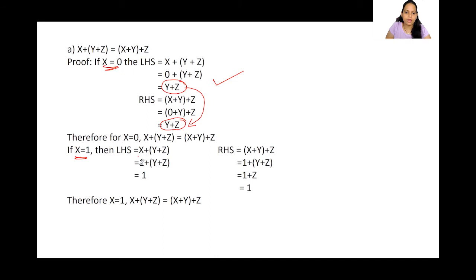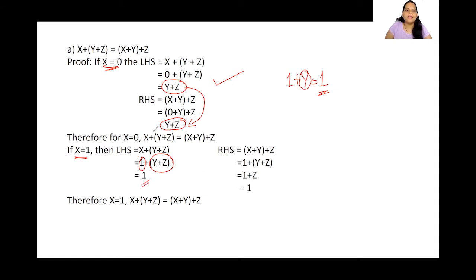X becomes 1. Now here we know that whenever we do OR operation with any variable, we will always get the output as 1. So we can ignore this and directly write the value 1. So what is happening here? 1 plus this entire thing we are going to take as a single variable. Suppose we are taking it as a single variable, what happens? Any variable ORed with 1 is always 1. Hence, I am getting 1.